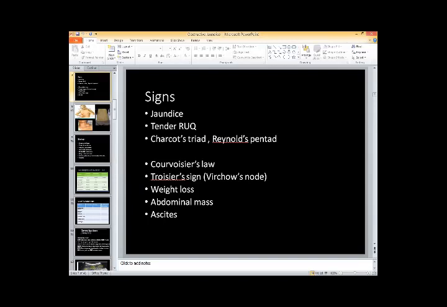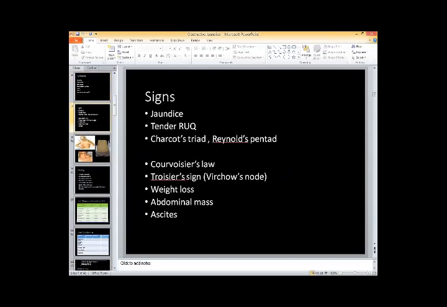So, if we go further, the signs are also very important. There are a few MCQs on these signs, with different kinds of names. Jaundice is one sign as well. If you see the eyes of the patient, you will see there is jaundice. There may be some tenderness in the right upper abdomen because the liver is located there and there may be some inflammation or some problem. But this is not necessarily a sign. Then you need to look for these 3 or 4 different names. You need to remember these as well.